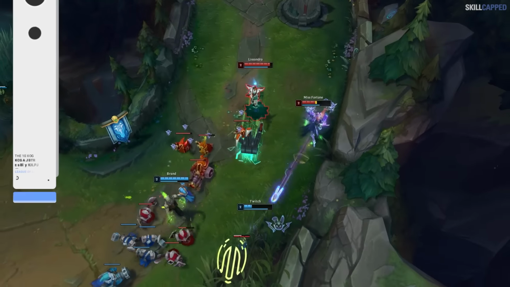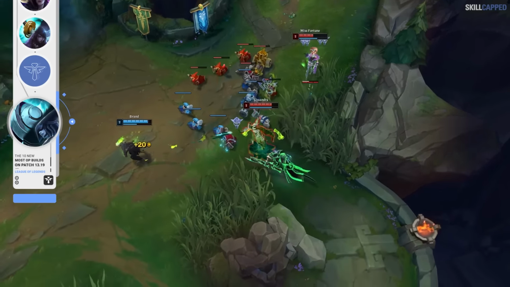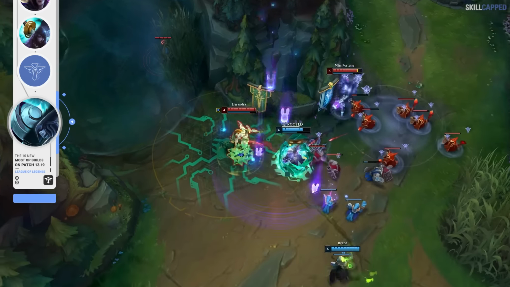A very niche support pick who becomes stronger for 13.19 and has a very interesting build path is Lissandra. Lissandra's support has been getting attention over the past couple of patches as a good answer to melee engage supports. Lissandra's point-and-click lockdown makes it very difficult for those dive champs to reach her carries, as she's got very reliable peel strength. The build is not really what you'd expect for a traditional mage like Lissandra though, as you're rushing